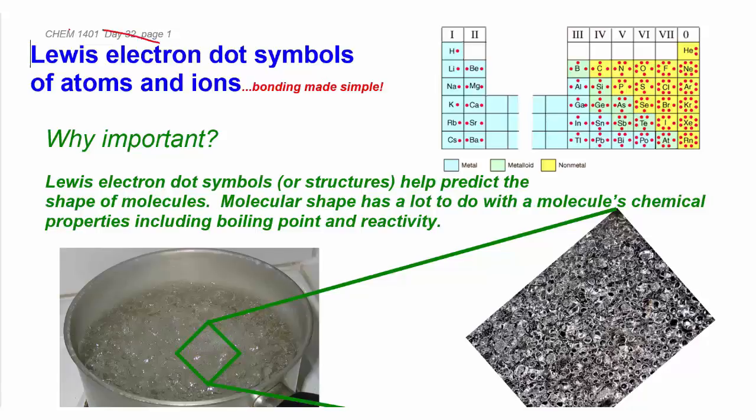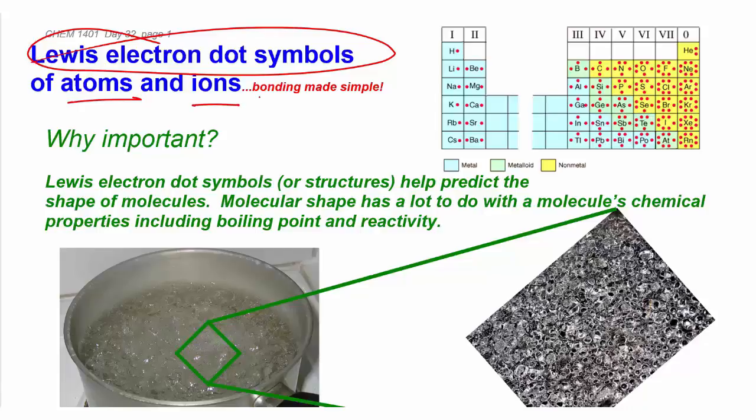Here we're going to learn how to write Lewis electron dot symbols. And we're going to start with just atoms and ions. But the big goal of all of this is to be able to predict the shape of molecules. And the reason why is because if you know the molecular shape of a molecule, you can predict a lot about its properties, both physical and chemical. So it's pretty cool that you can just use pen and paper and figure out the shape of something so